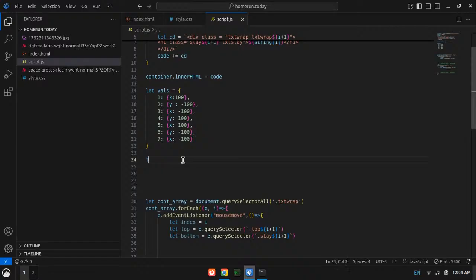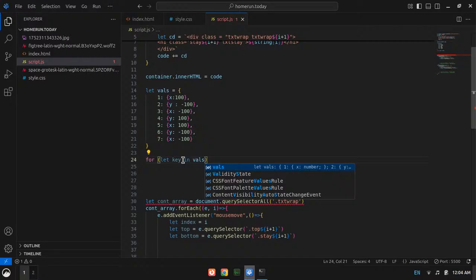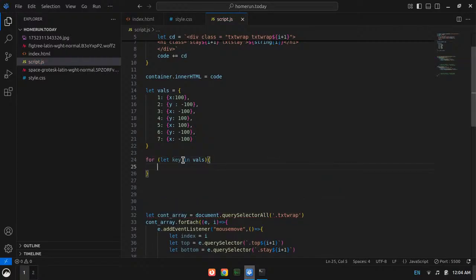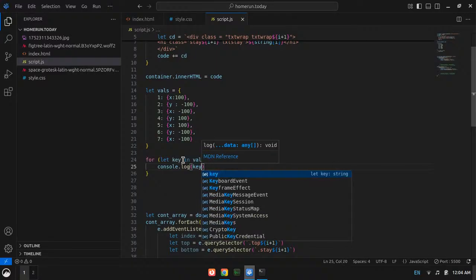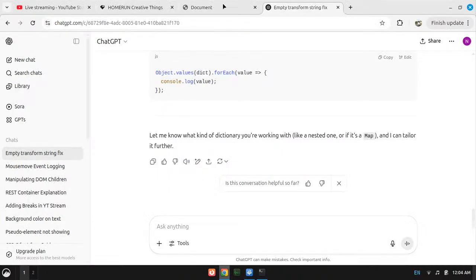Okay, I can do it like this. For let key in vals, console.log key, vals.